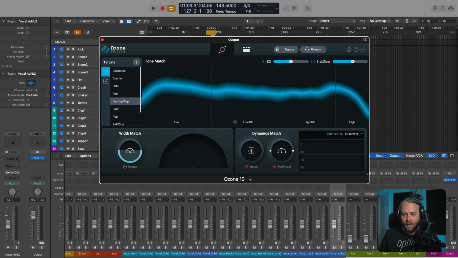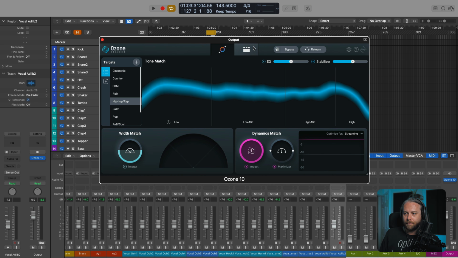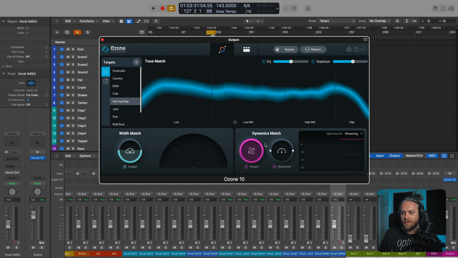So again, I'm leaving it at 0, it's still on. If I go to the detailed view and go to the impact module, brand new, you'll see amount 0, okay? If I go back here, turn it up, look at that, 100% amount right there, okay? So we can scale this to add some movement and rhythm to this track.